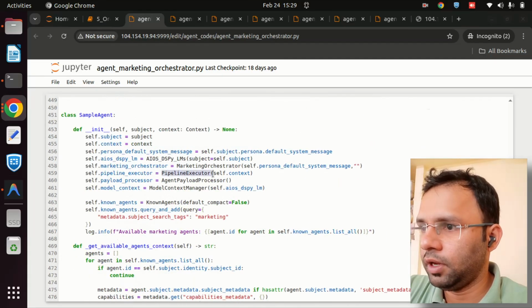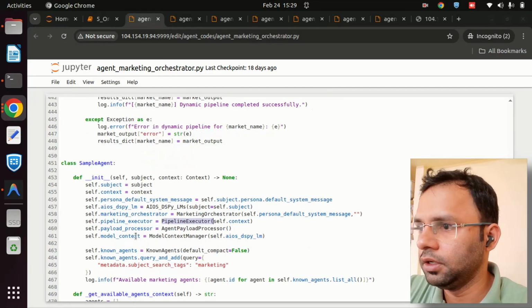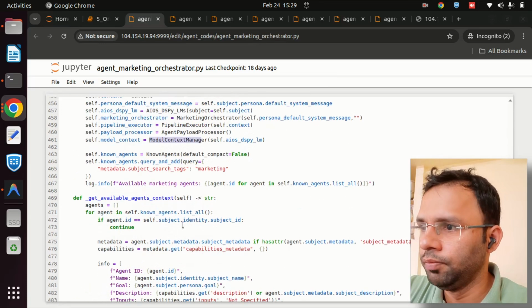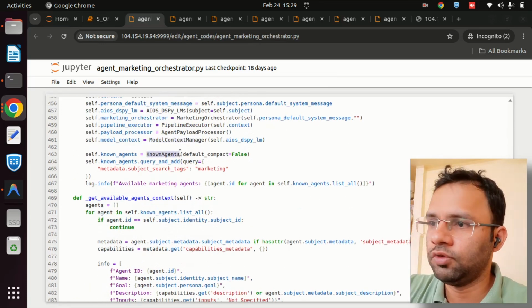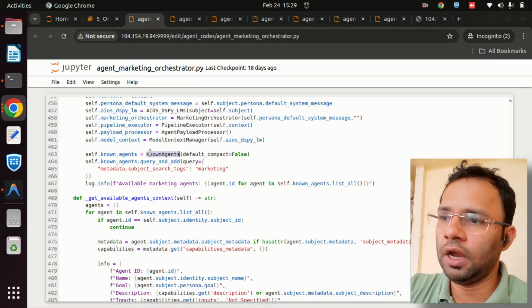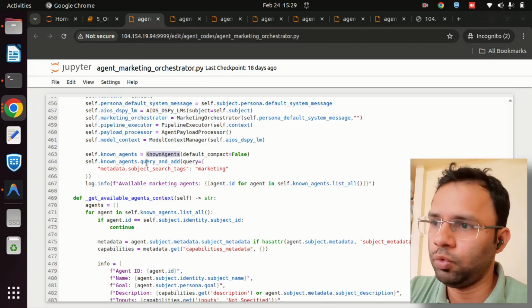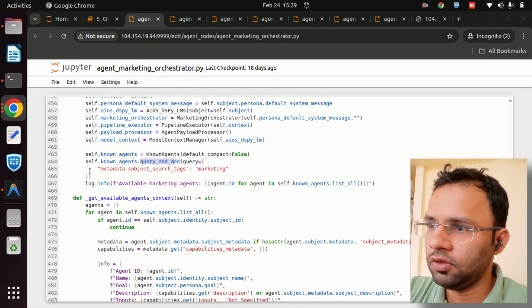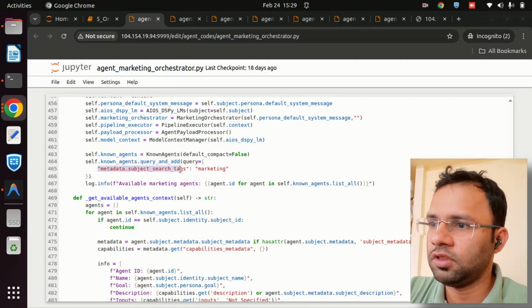and also I have a pipeline executor class which I have not explained. I'll explain it later. And a payload processor for processing the input payload, a model context manager, and known agents. This we have used in the previous video as well; it will help us in identifying and collecting all the agents that we want. Right now I'm creating a known agents object and adding a query to it. The query is basically: I'm looking for metadata.subject search tag equal to marketing. Whichever agents have a tag known as marketing, I'm trying to pull all those agents